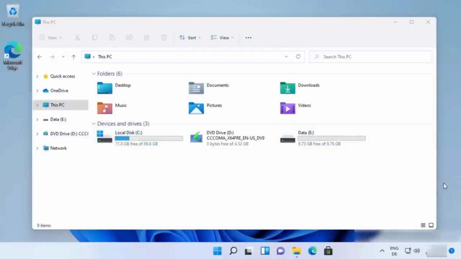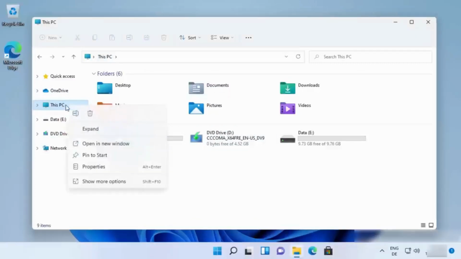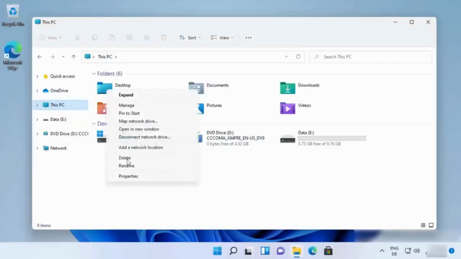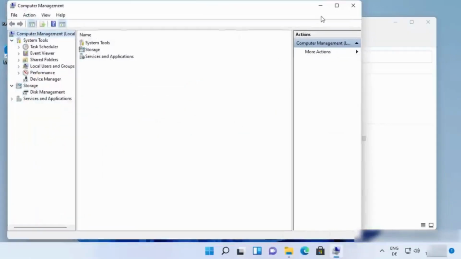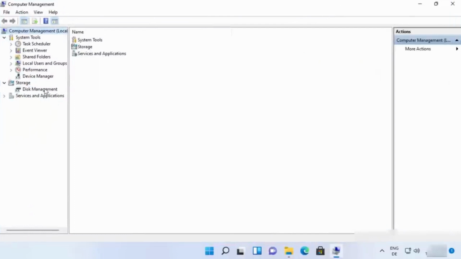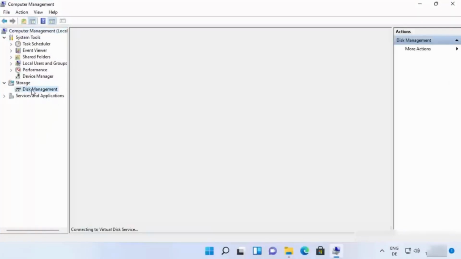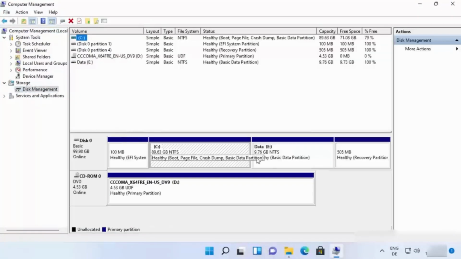So for that, you can just click on this PC on your folder explorer. So just click on this PC and then click on show more options, click on manage here, and once this computer management window opens, you can click on disk management under storage, and this is the partition which we want to delete, right? So just select the partition which you want to delete, but first of all, one caution: you